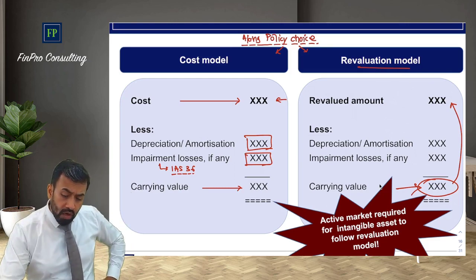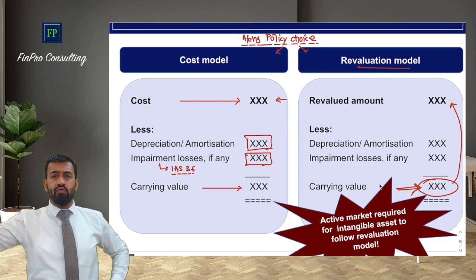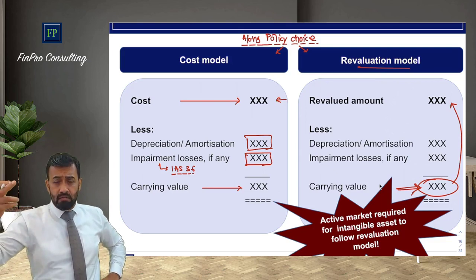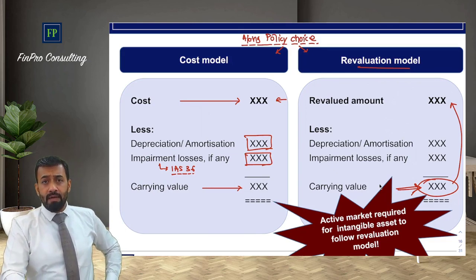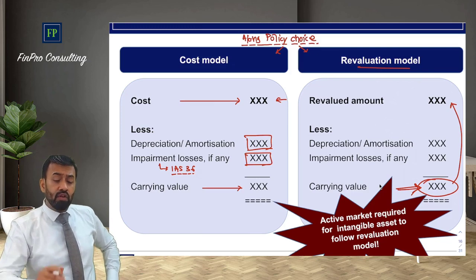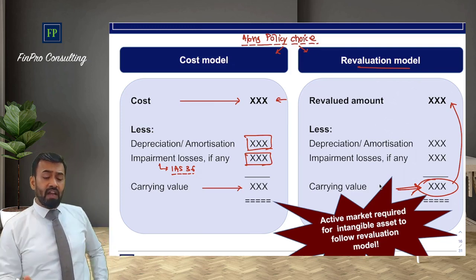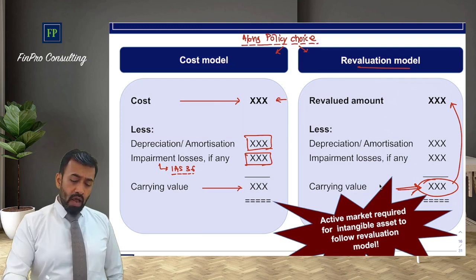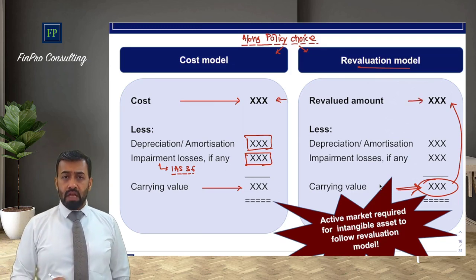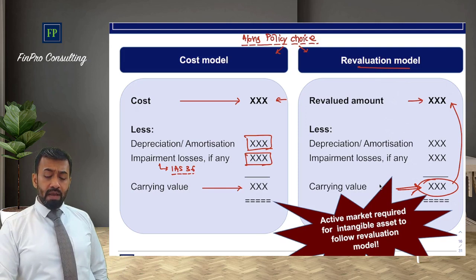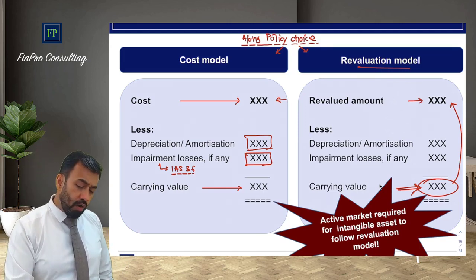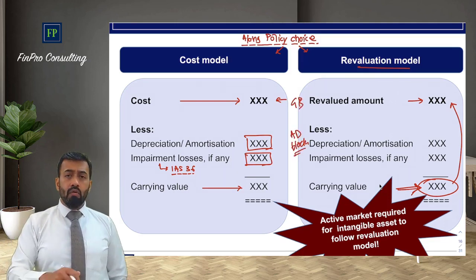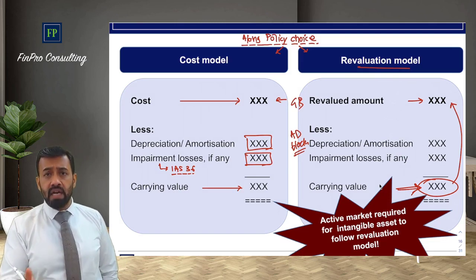So you have to compare this carrying value with your fair value. So you have to keep on checking the fair value of the asset. It should not be significantly different from the carrying value. If it's significantly different from the carrying value, then you have to calculate fair value and incorporate that fair value as a revalued item. So your carrying value will be restated to the revalued amount. And then the above gross block and accumulated depreciation block will actually be restated accordingly.